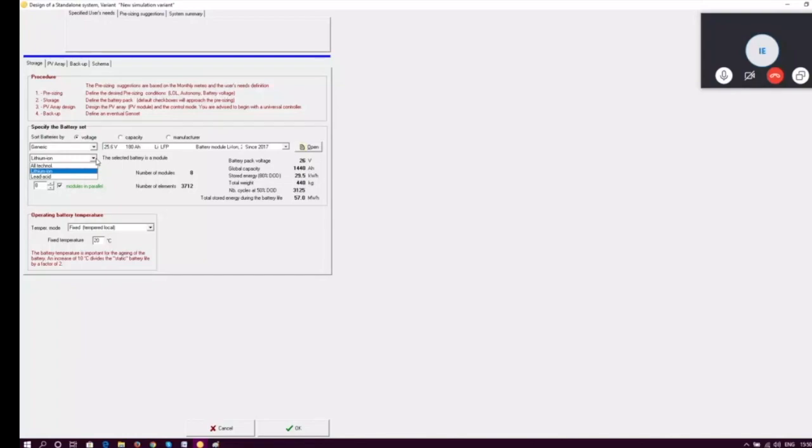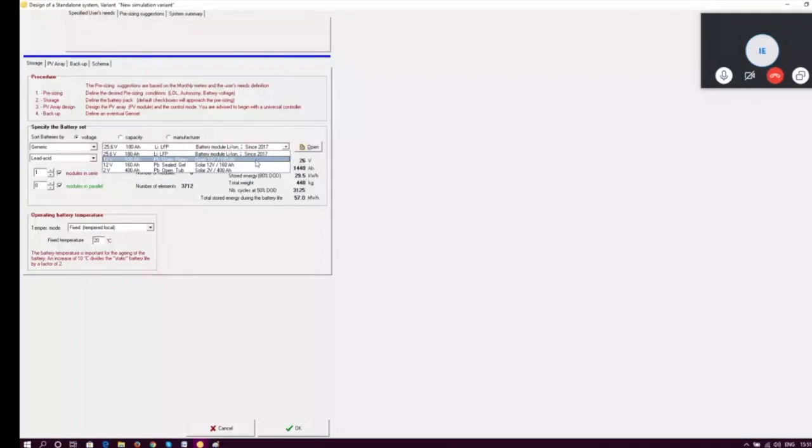First is the lead acid battery, the old type battery. It's a wet type battery. We need to maintain the water level properly in this case, which is called VLRA. But nowadays, a new technology has come up, lithium ion, where it's a dry type battery, and generally its life is more than lead acid. So we have both the options. Whatever battery we want to choose, we can go for lithium ion or lead acid, and select the batteries from here.